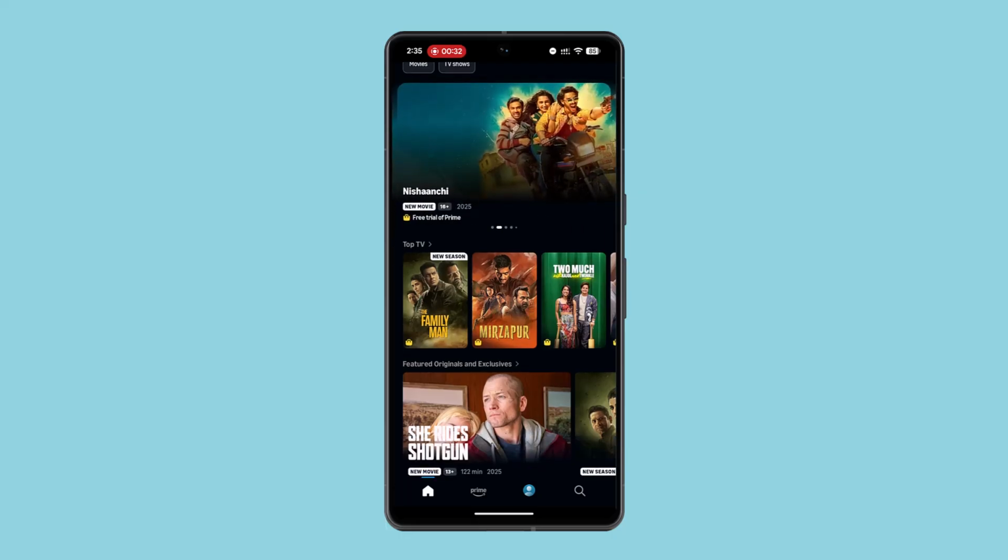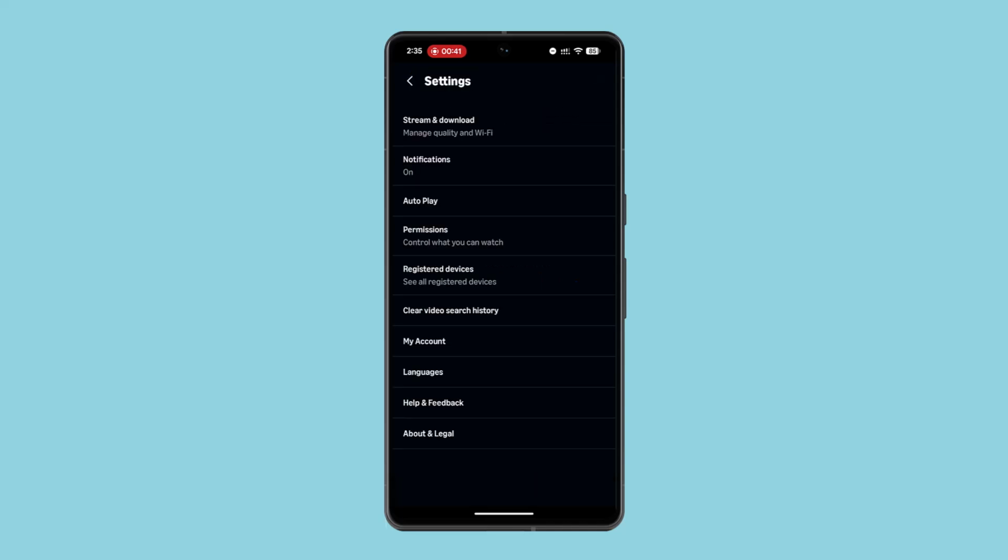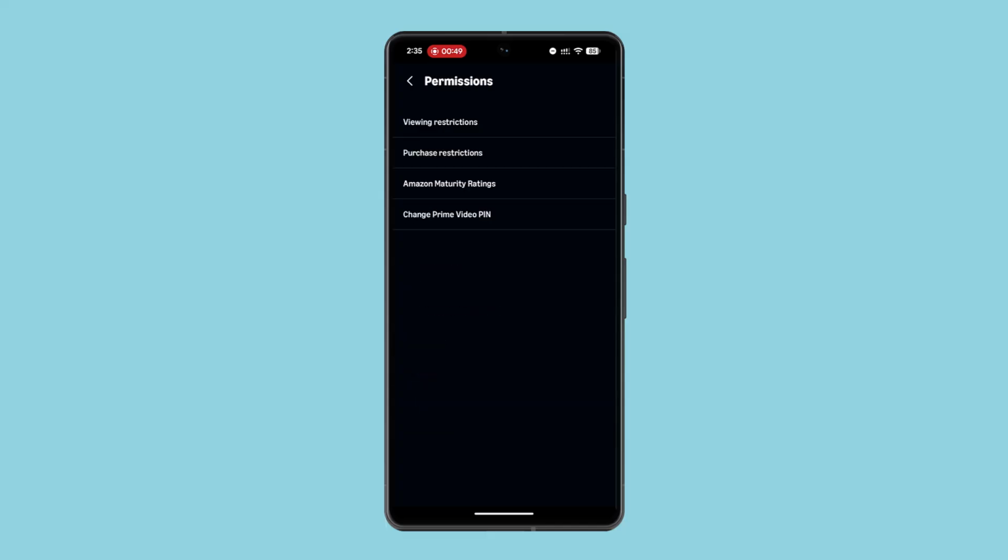So what you want to do is actually open your profile section, and then you just want to click on the profile initials at the top, or just click on settings. When you go to the settings section, here you want to go to the permission section. Here it is. Now what you want to do is, under permission, you want to enter your Amazon password, or